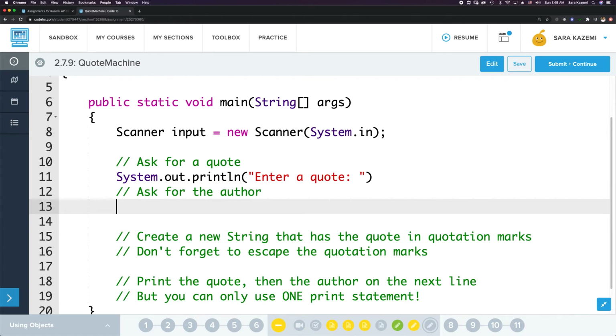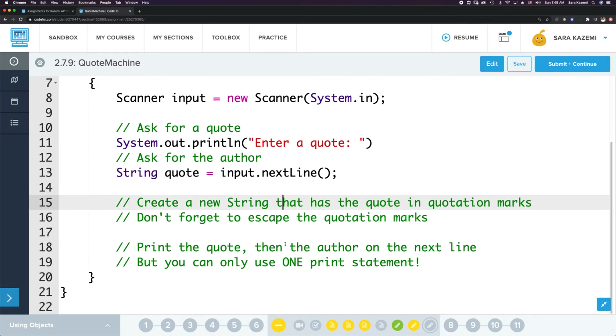So we're going to store the user input as a string, so we can call that quote. And then we're going to say input.nextLine to get the whole string. Oops, nextLine. All right. And the next thing we want to do is